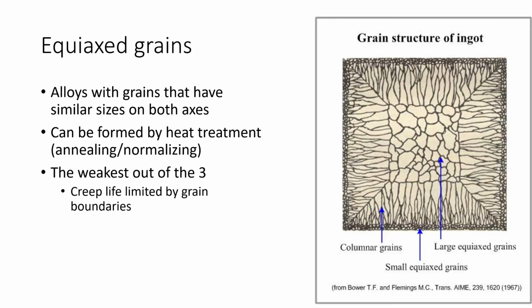Let's start from the equiaxed grain. Equiaxed grains are basically grains that have similar sizes on both axes, the x and y axis, let's say, and it can be formed by heat treatment, specifically by annealing or normalizing. This is the weakest microstructure out of the three, as the creep life is limited by grain boundaries, because the creep can travel through the grain boundaries and it has lots of them. It's really weak and very limiting